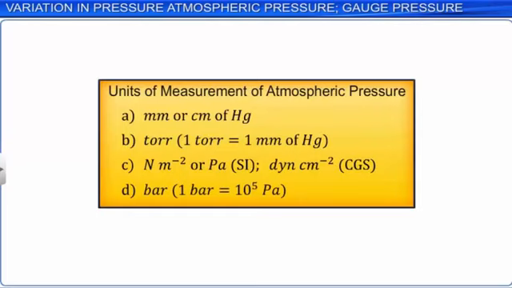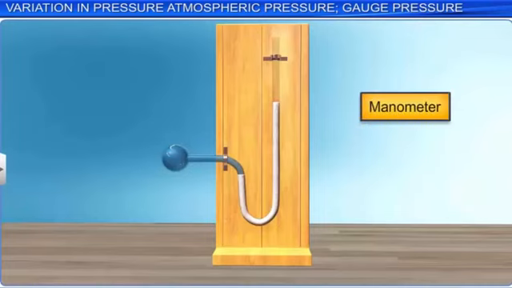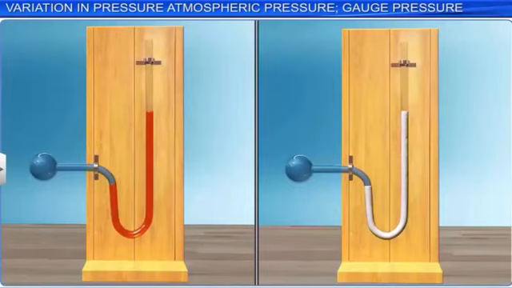One end of the tube is open to the atmosphere, while the other end is connected to the vessel whose pressure is to be measured. The pressure P at point A is equal to pressure at point B, which is P equals Pa plus ρgh,